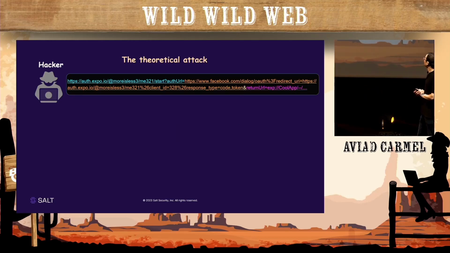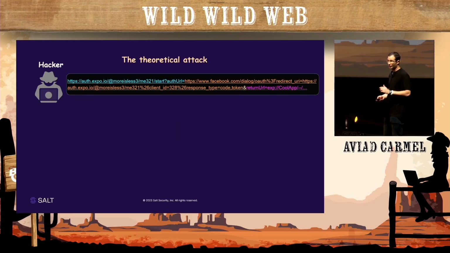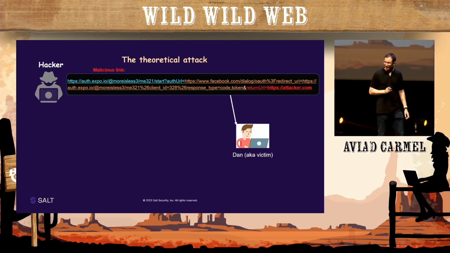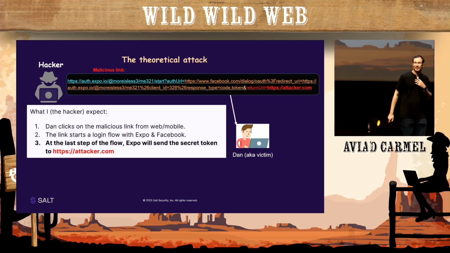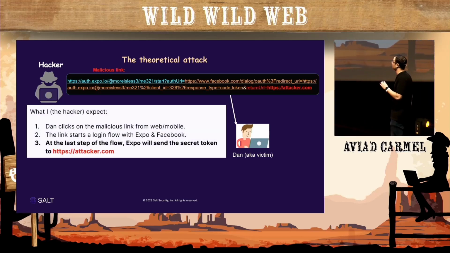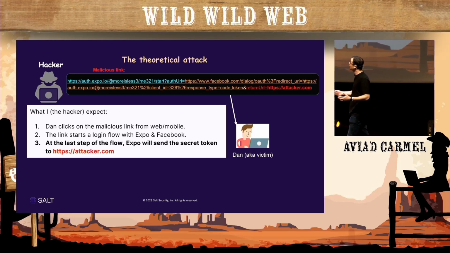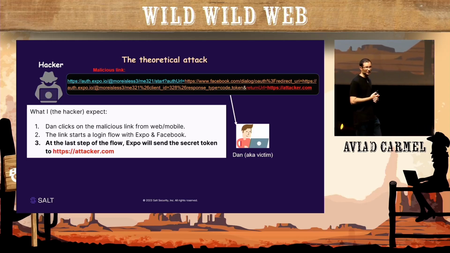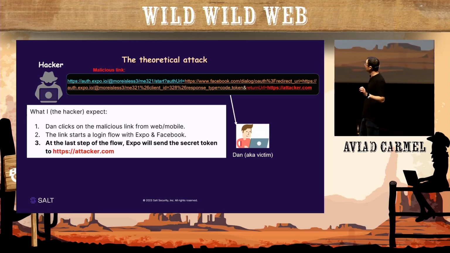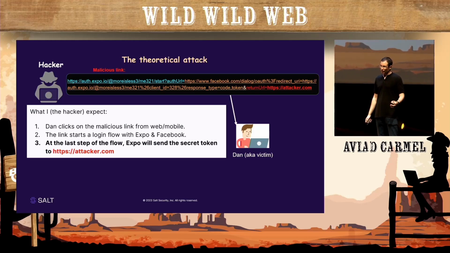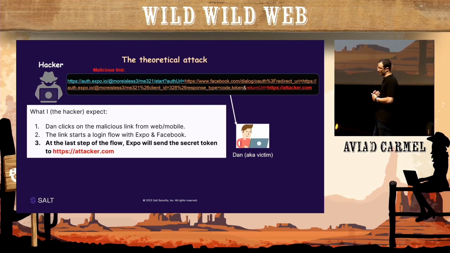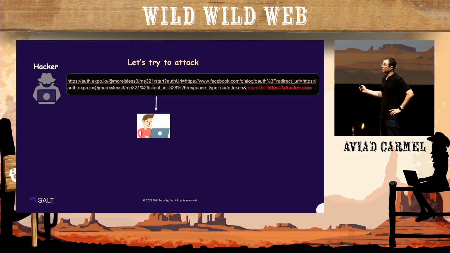So I take the same link that you saw in the previous slide. I changed the return URL to attacker.com, and the attacker sends this link to Dan. Now, what the attacker expects is that Dan clicks on this malicious link from a web or mobile, and the link starts a login flow with Expo and Facebook, like you saw in the previous slide. Now, at the last step of the flow, Expo will send the secret token to attacker.com. That's what the attacker wants. So let's see the reality. When Dan clicks on that link,